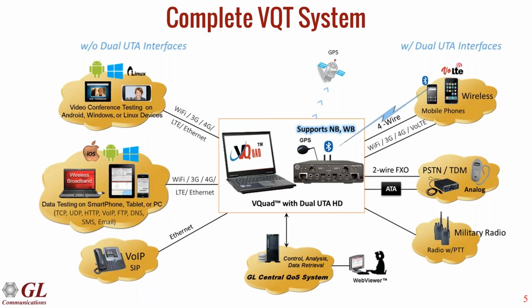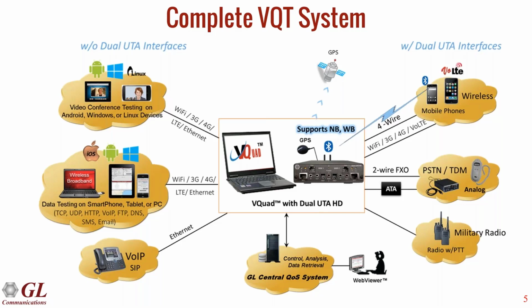There are a couple ways we can connect to the mobile phone, either wirelessly through Bluetooth, where we can completely control the phone for placing calls and answering calls, as well as performing the audio testing. And we could also connect via a wired cable, so we become a wired headset to the phone. And again, we can still control the phone. We can't do as much as the Bluetooth can, but we can still control the phone